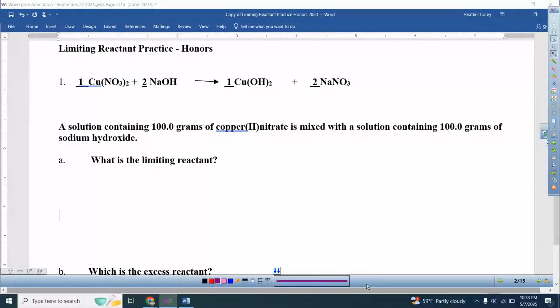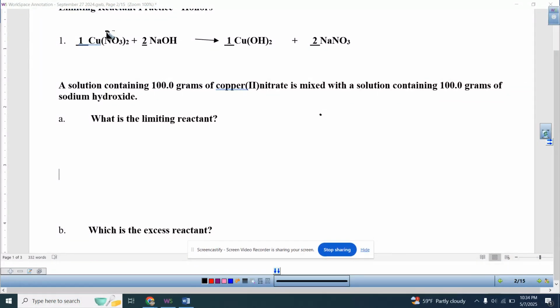Hi, in this video, I'm just going to show you a really quick process for how to determine the amount of excess reactant after you determine your limiting reactant and your excess reactant. Here's an example of a limiting reactant problem. I'm going to walk you through it, and then I'll show you how to find the amount of excess for this particular problem. So in this question, we're given